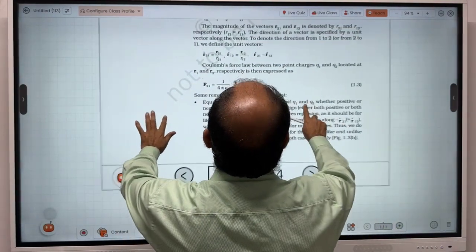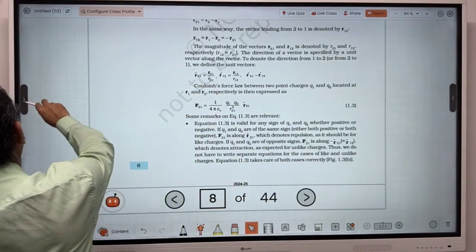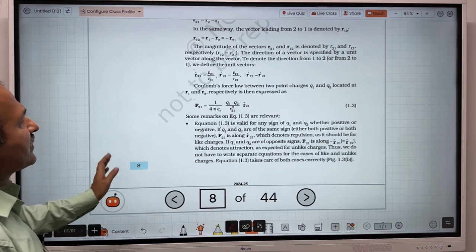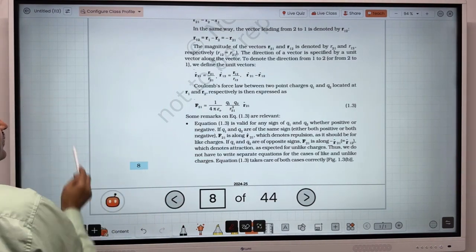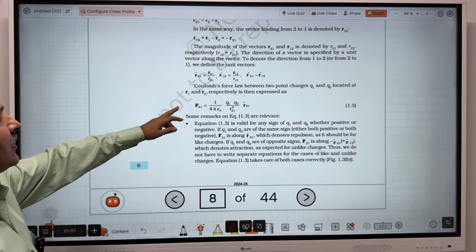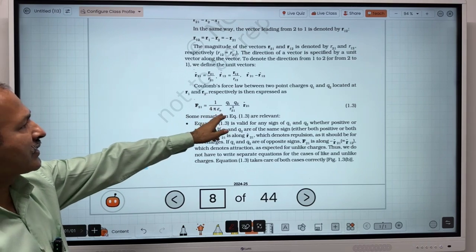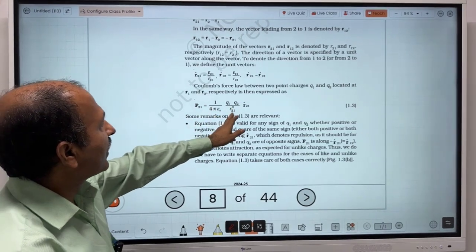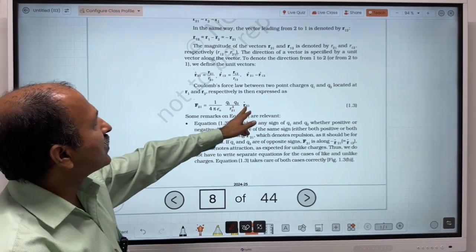Here the same thing is written like F21. There are objects named 1 and 2 having charges Q1 and Q2. Then the force on the second object due to the first will be 1 upon 4 pi epsilon naught Q1 Q2 divided by R21 square. R21 is the separation, and then the unit vector